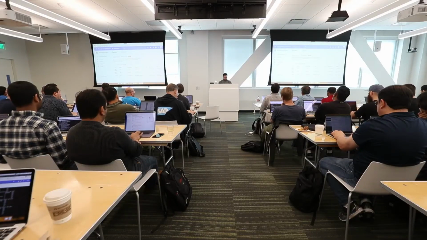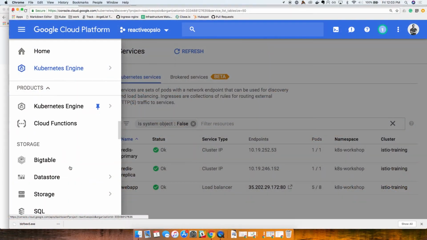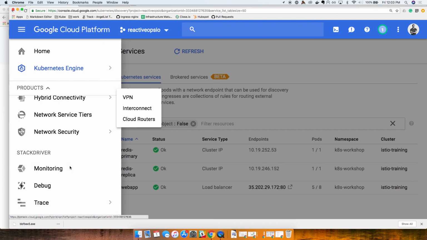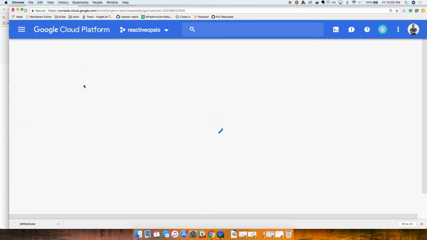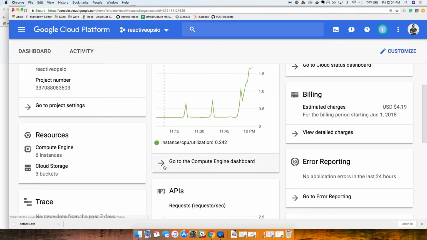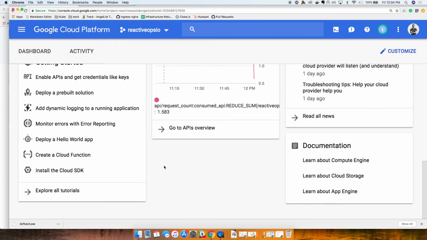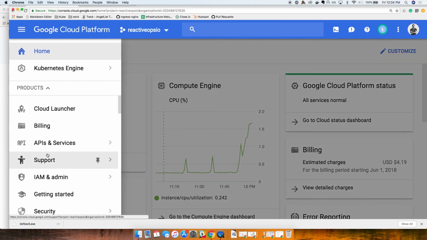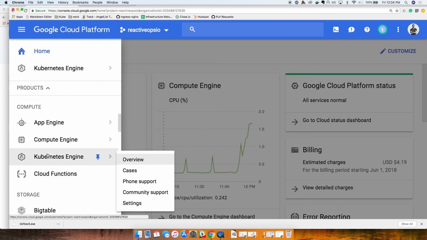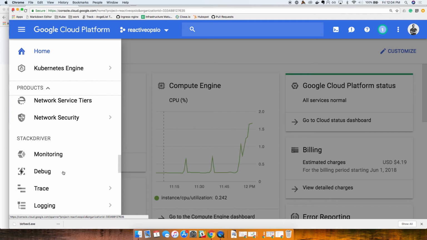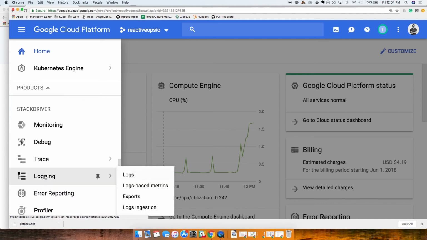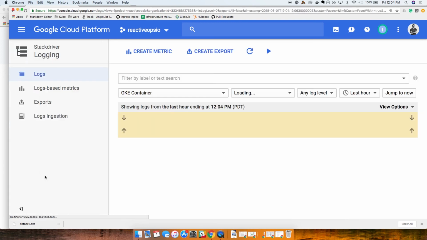In fact, why don't we look at Stackdriver logging real quick? Cloud functions, I'm forgetting where this is. There we go. So the question earlier about how do I look at logs for multiple instances, multiple pods at